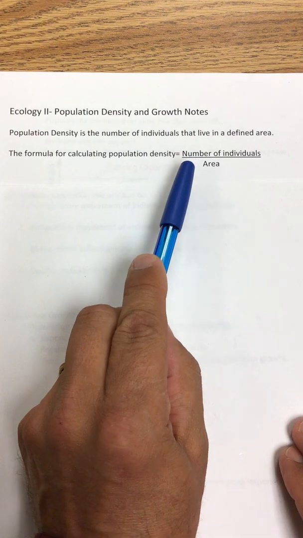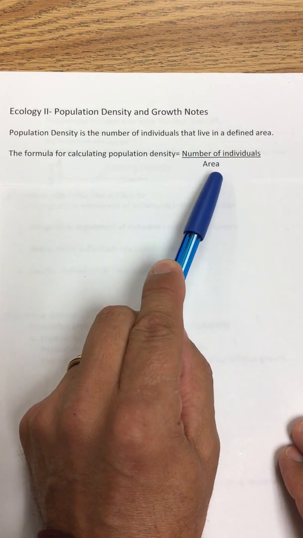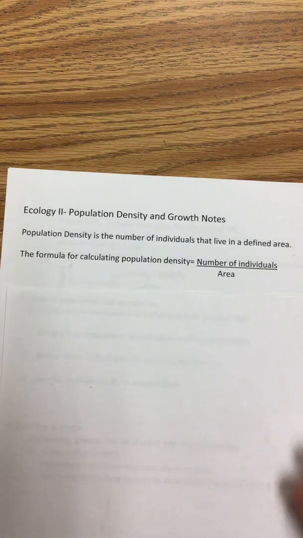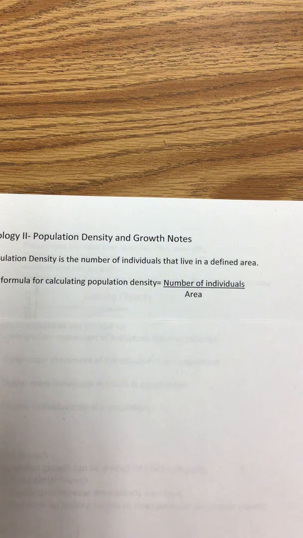So population density is the number of individuals that live in a defined area. And there is a formula for calculating the population density. It's going to be the number of individuals divided by that area. Okay, so an example I could show you, let's say we had